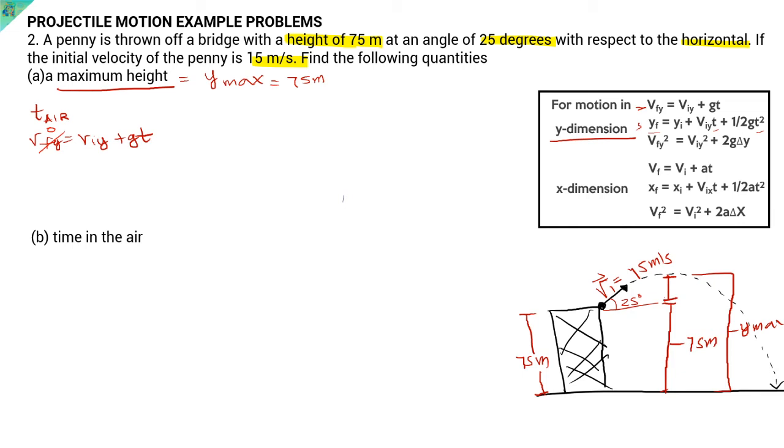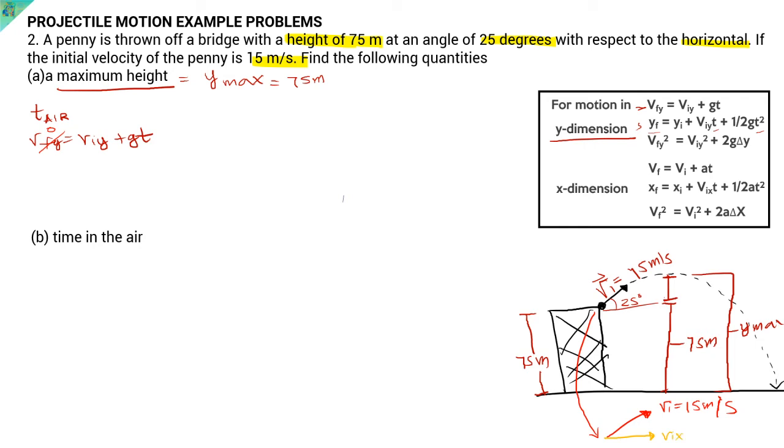Why would it be 0? Again, when you throw something, eventually it will come to a halt before it goes down. Our initial velocity on the y-axis would be, again, remember that this VI here, let me draw it, is the resultant, which is 15 meters per second, and it is composed of accompanying